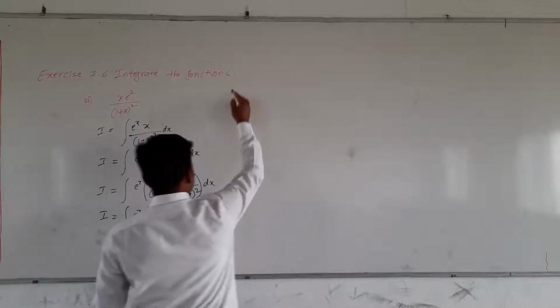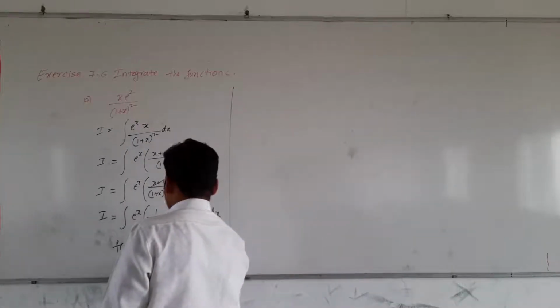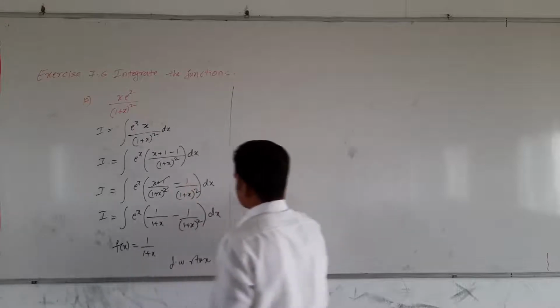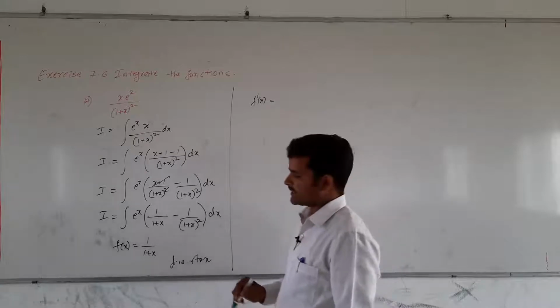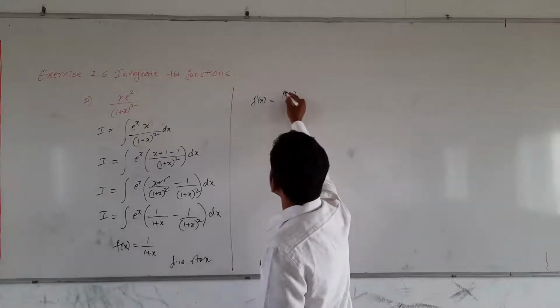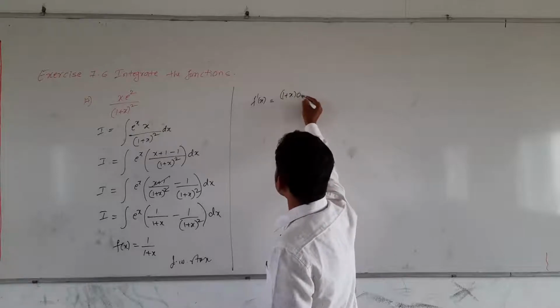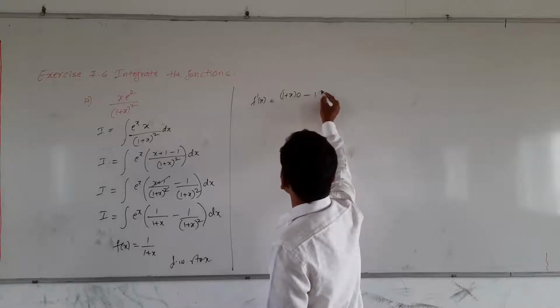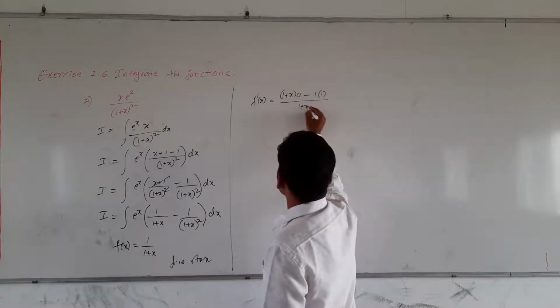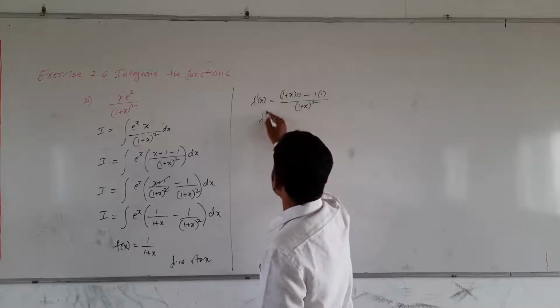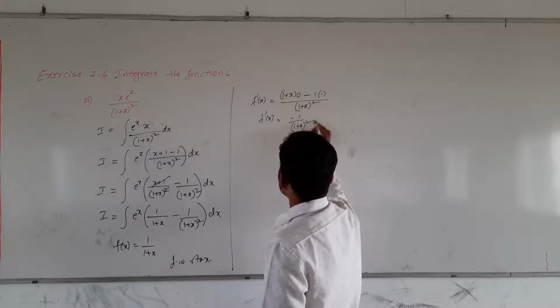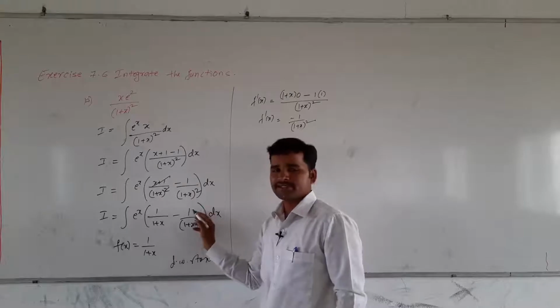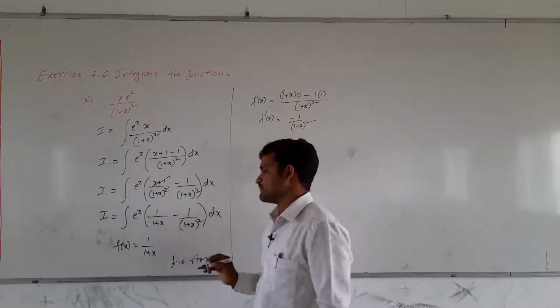Then what is f dash of x? Differentiating the function with respect to x, we have f dash of x is equal to, again we will use the u by v rule here: 1 plus x as it is, differentiation of 1 with respect to x is 0, minus 1 as it is, differentiation of 1 plus x is 0 plus 1, that is 1, divided by v square, (1 plus x) whole square. So f dash of x is equal to 0 minus 1 by (1 plus x) whole square, that is minus 1 by (1 plus x) whole square. This is f dash of x, this is f of x.